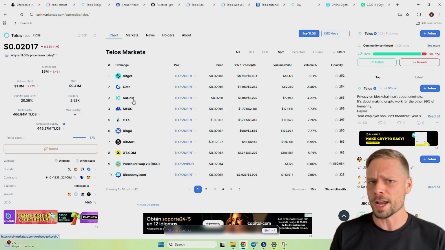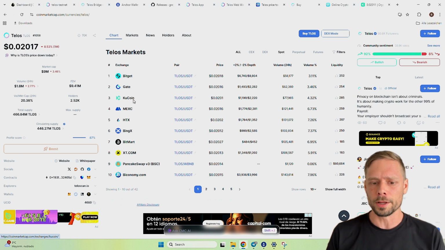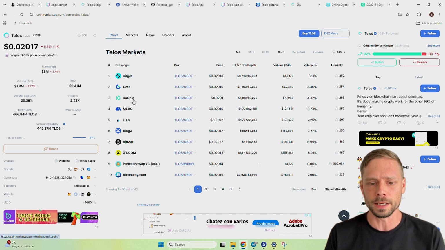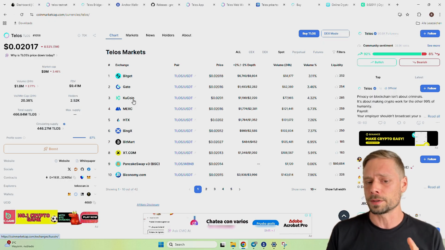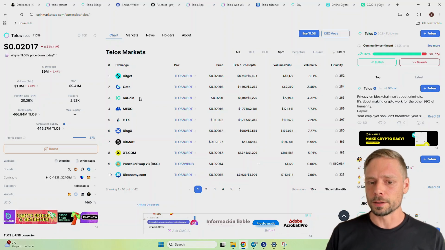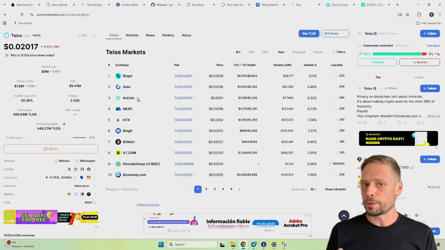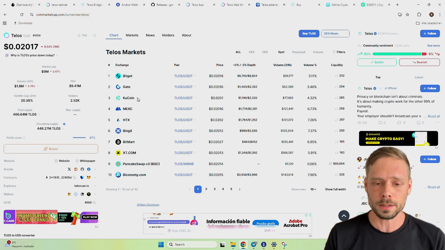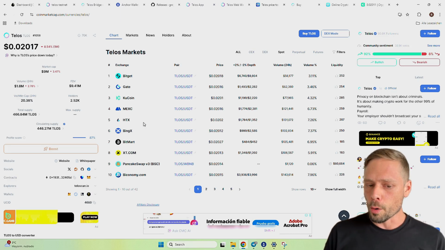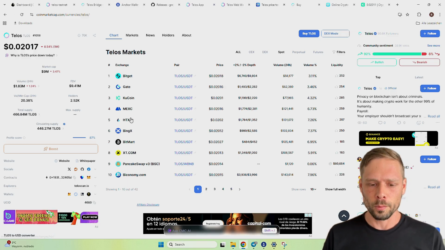They are based in the Seychelles, so registration there is very straightforward. The KYC only took 10 minutes, and then you can immediately fund the account using euros or dollars. And the cool thing about KuCoin is also you can withdraw to Telos Zero right away, so meaning native Telos, which you can then use in the token auction right away. Huobi, also based in the Seychelles, works well.